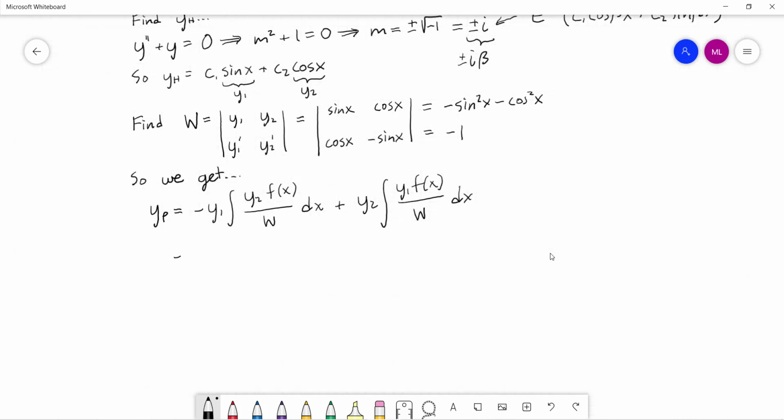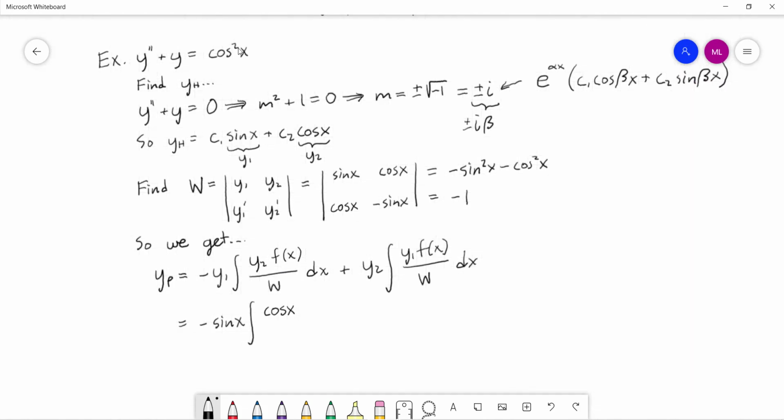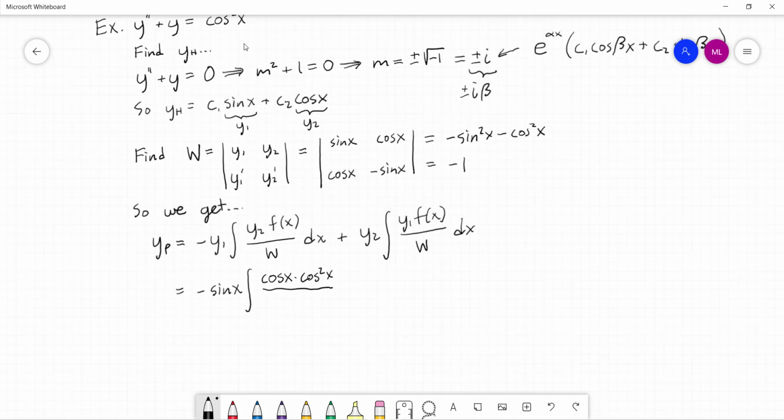So what do we get? We get negative y1. y1 was sine. So negative sine of x times the integral of y2, which was cosine of x, times f of x, which was our right-hand side here, so cosine squared, over w, which was negative 1,